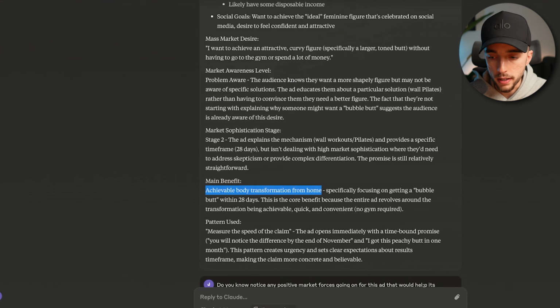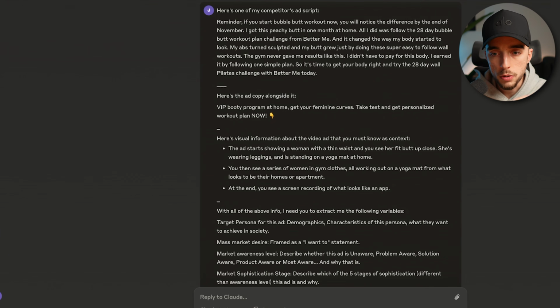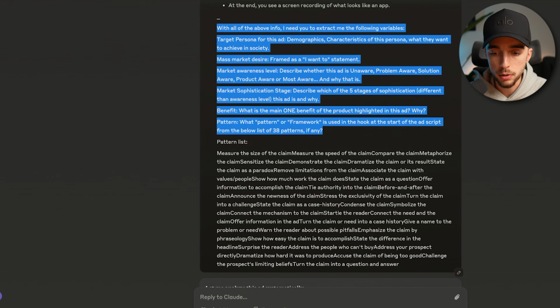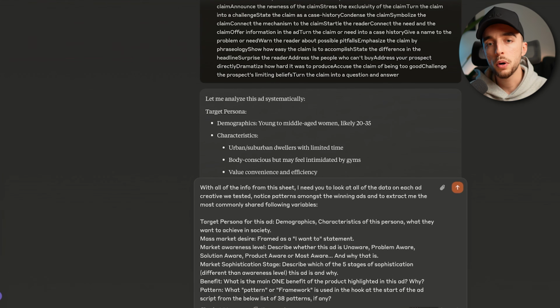I can upload this said file right here, bottom right, and I can actually use a very similar prompt. So the prompt that I typically use for this, once I've re-uploaded the sheet, looks like that. The prompt you would put would look like that. With all of the information from this sheet, I need you to look at all of the data on each ad creative that we tested, notice patterns amongst the winning ads, and to extract me the most commonly shared following